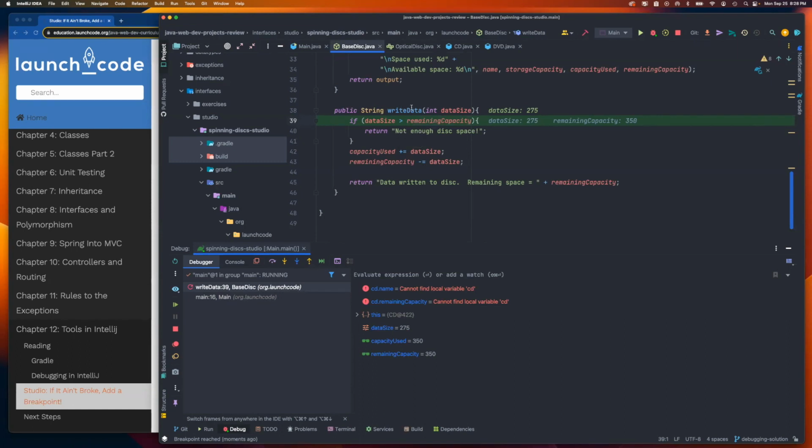and we are looking at the first line inside the body of this write data method. So we are about to evaluate if data size is greater than remaining capacity. And so, of course, with it being 275 and there being 350 remaining, we should bypass this and go directly down here. So if I hit next, sure enough, we do. It returned false. So we came down here,